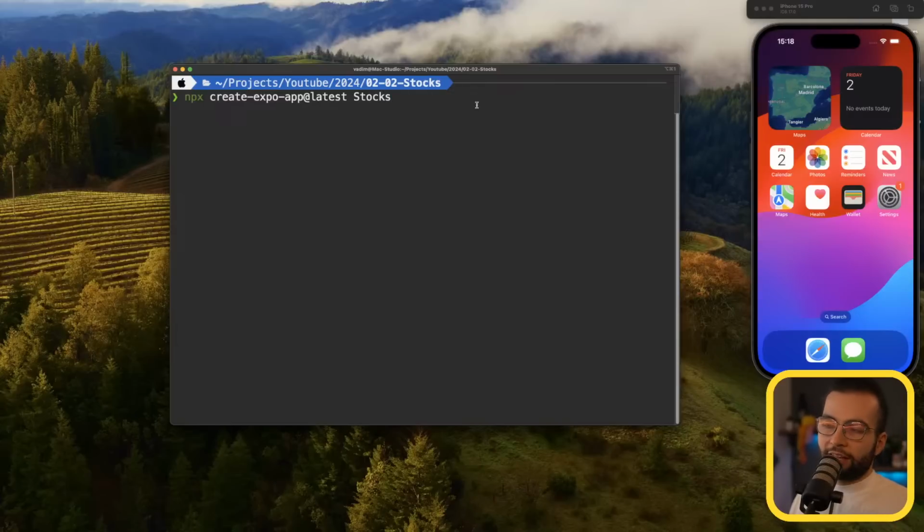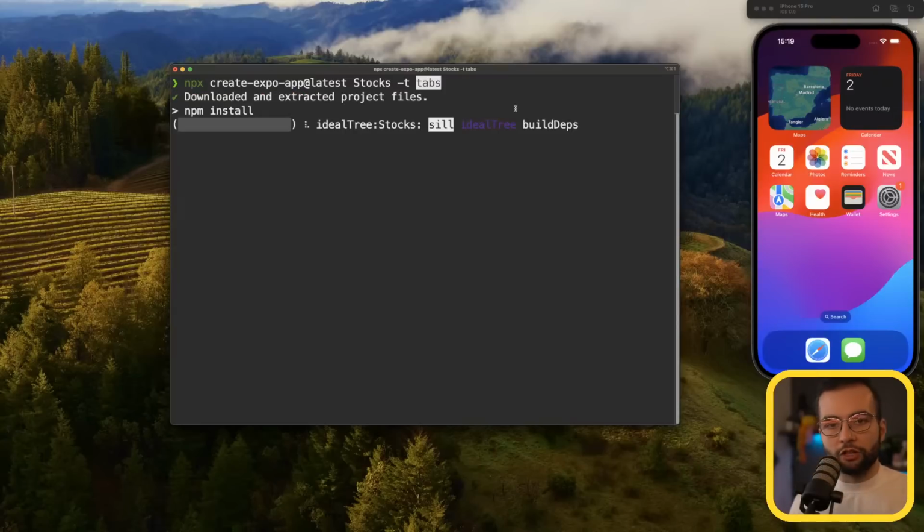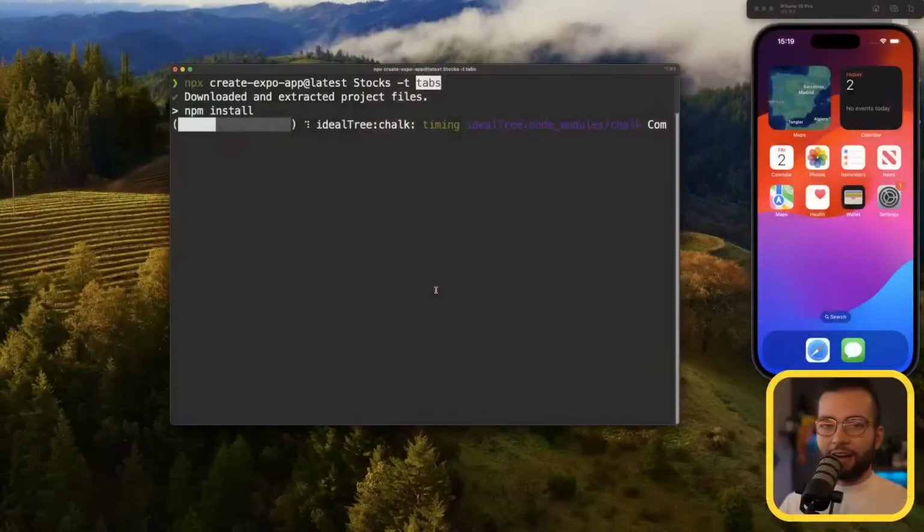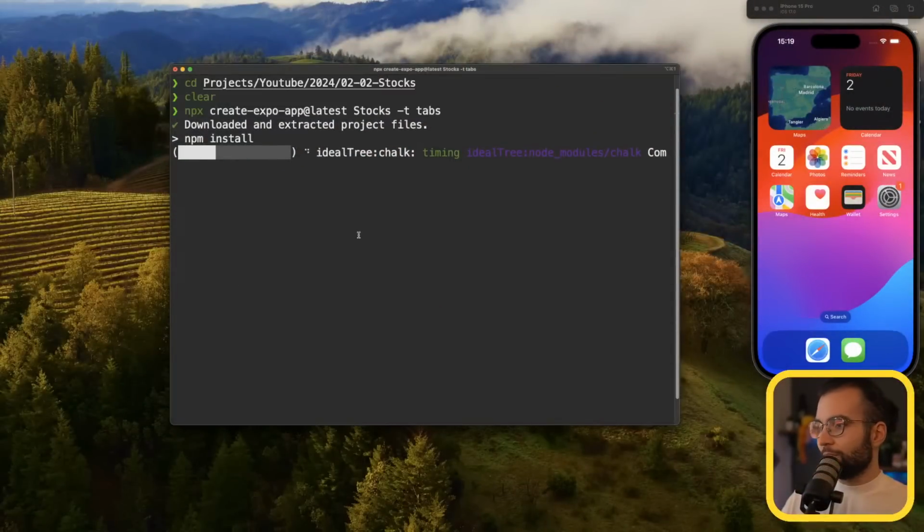We can go like this, but I prefer to go with a template for this project, and to do that, we're gonna do -t tabs. Let's choose the tabs template because it comes pre-installed with Expo Router and it already has 2 tabs. So it's gonna save us a little bit of time for the configuration and setup, at the expense of having some folders and files initially that I'm gonna have to explain to you, so as not to get confused by everything. But we're gonna take it step by step. So while our application is being initialized,